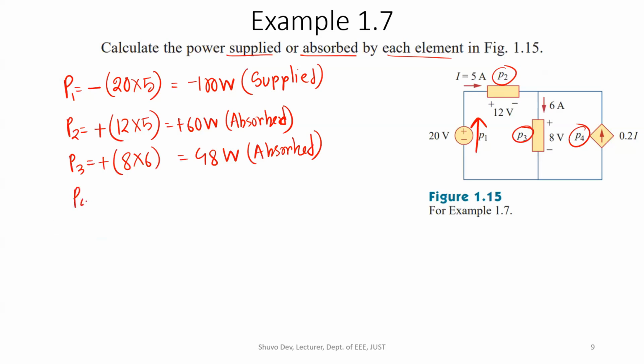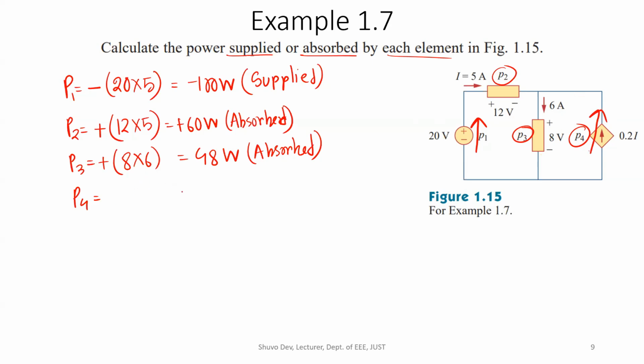For P4, this is a dependent current source. You can see here it is a dependent current source and it is supplying the current. You can see it's supplying the current in this direction. So for supplying the current,